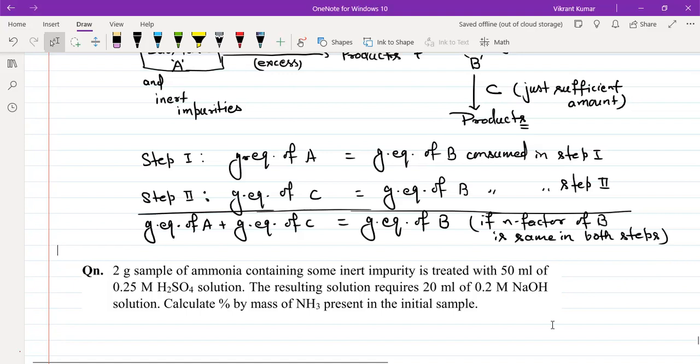NH3. Logic? It's reacting with both H2SO4 and NaOH. NH3 NaOH के साथ रिएक्ट कर रहा है। H2SO4. ओके,